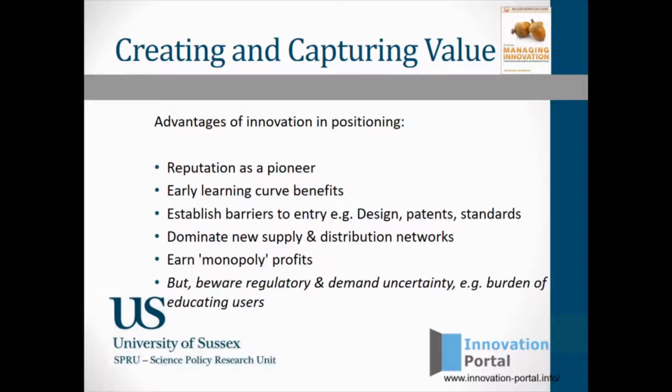You can also do things like premium pricing. People would generally bear a premium, even on a relatively modest product, if the maker has a brand or name that suggests it's a pioneer. Not a pioneer as in a company pioneer, but pioneer as in a first mover. So it has some measurable benefits.